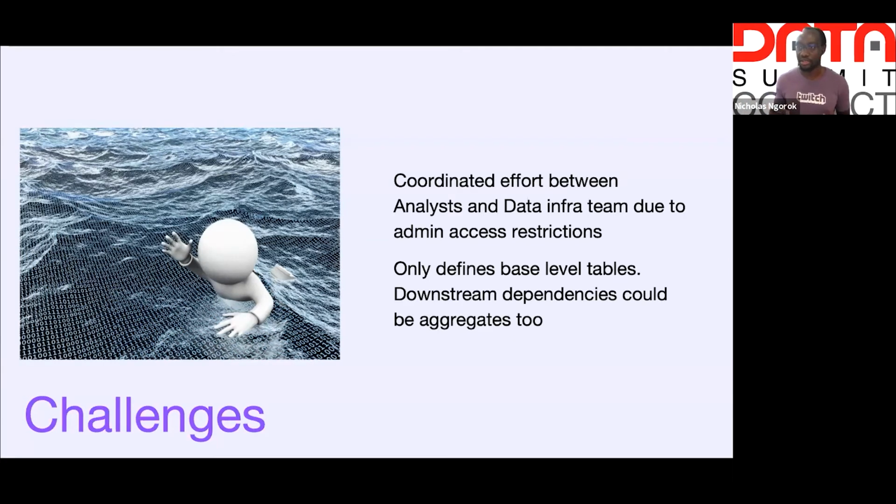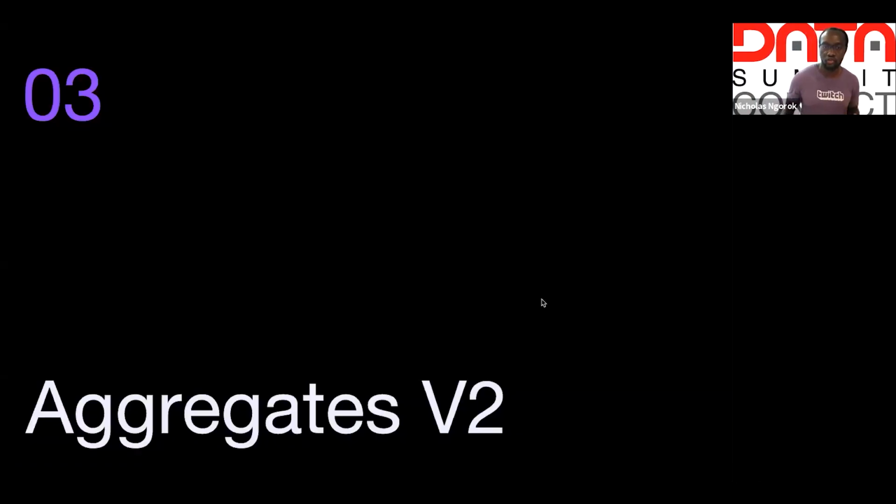The other biggest pain point of this system was that it only allowed you to create base level aggregates. So the first aggregate, but you can imagine that what people really need is aggregates of aggregates, or aggregates of aggregates of aggregates. That chain can keep going. But that was a compelling reason that analysts wanted an even better system for us. So this led us towards building a version 2 of this system,